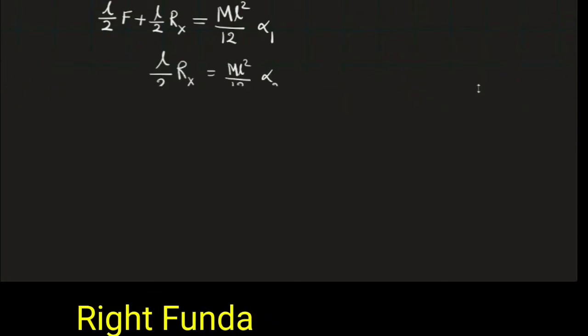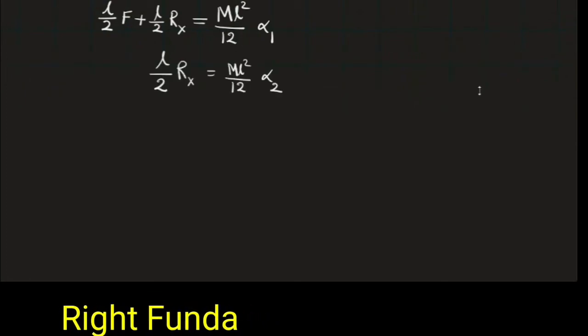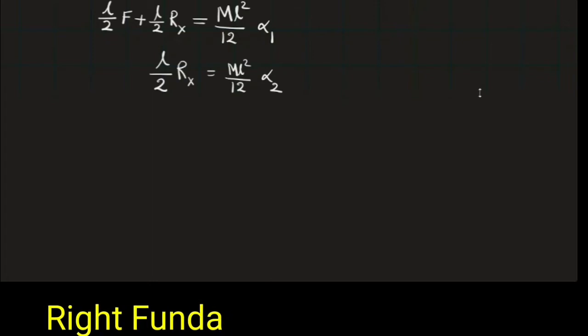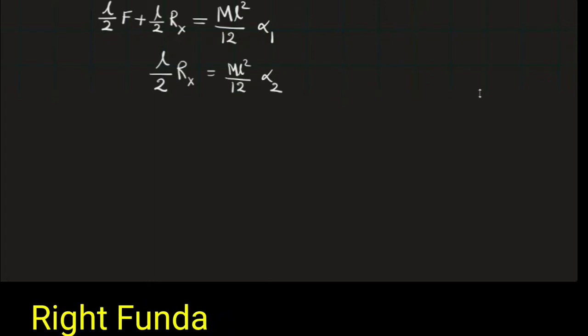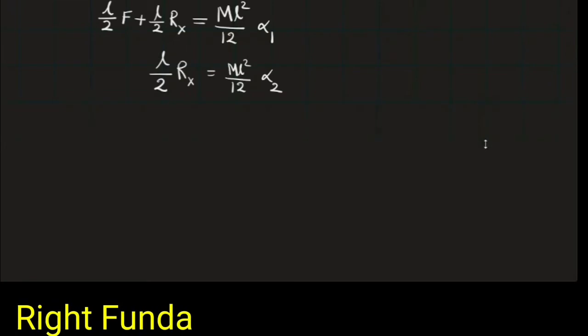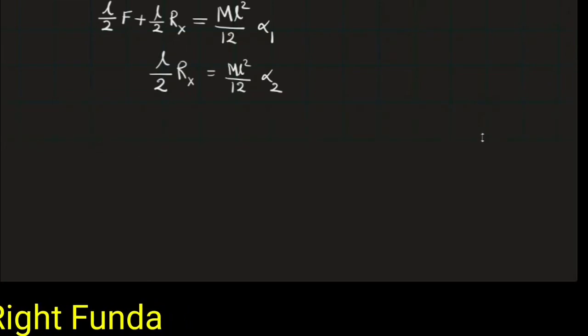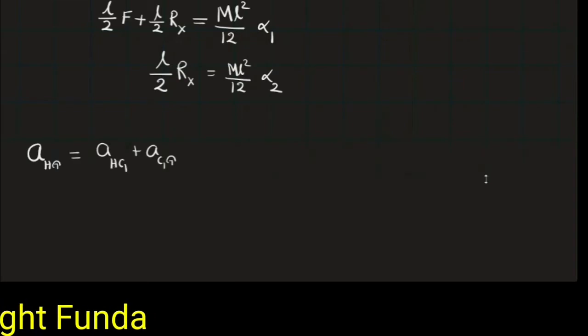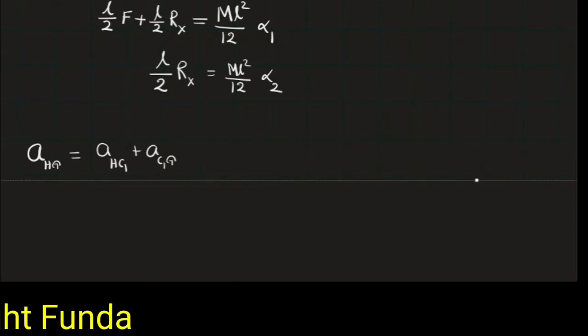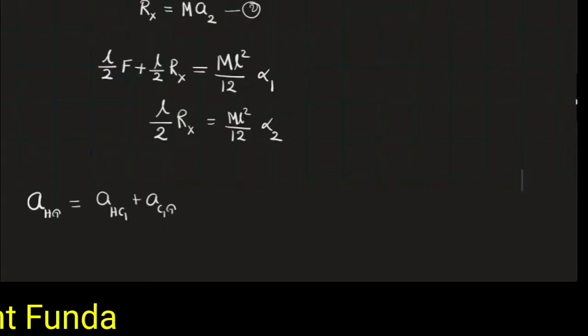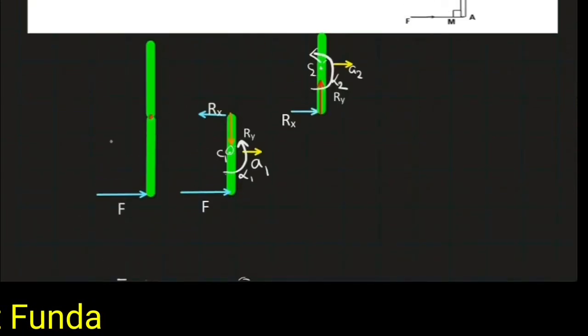Then L by 2 into Rx is equal to ml square by 12 into alpha 2. These are the two equations we have written, and from this we can write the acceleration of point 1. What will the acceleration of the hinge point be? Once we know the hinge point acceleration, by kinematics we know the acceleration of this point, which I have named the hinge point H, will be equal to